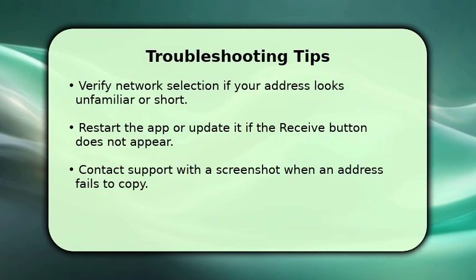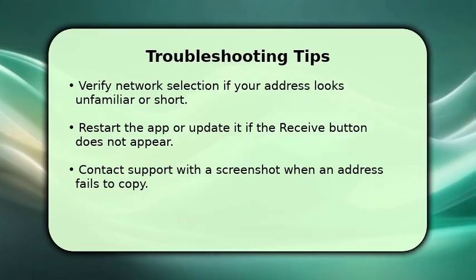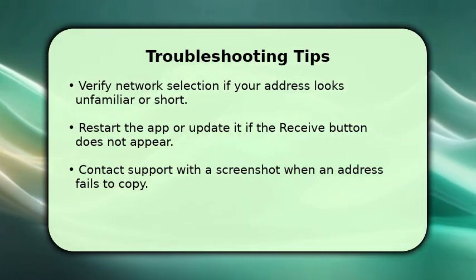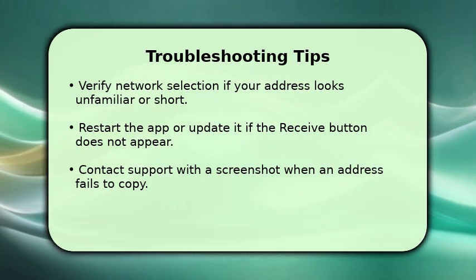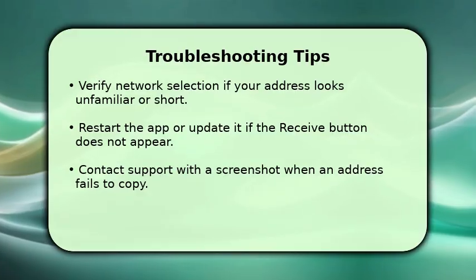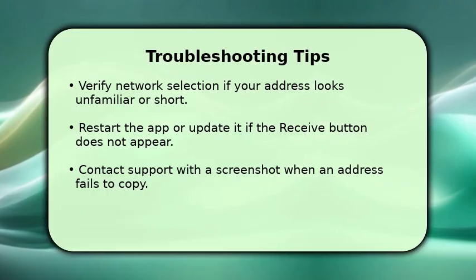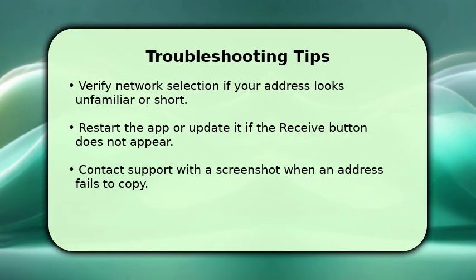If the address seems incorrect, first verify the selected network to prevent loss. Restart the app or check for updates if receive is missing, and try copying the address again. Use screenshots when contacting support to speed resolution, and always test with a small amount when unsure. I'll share simple checks for address length, common network names, and how to spot phishing or fake addresses to keep